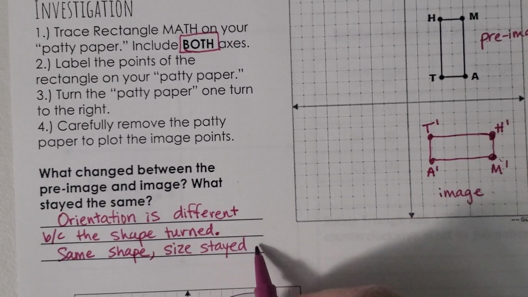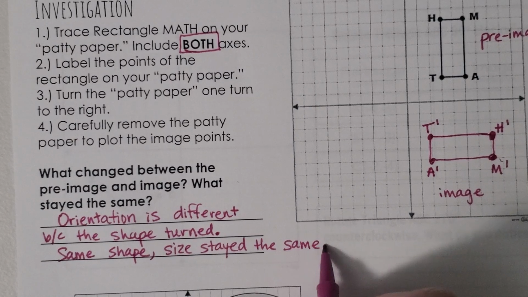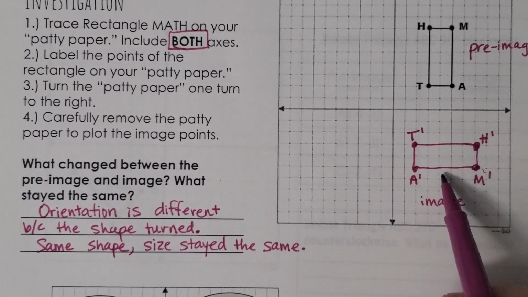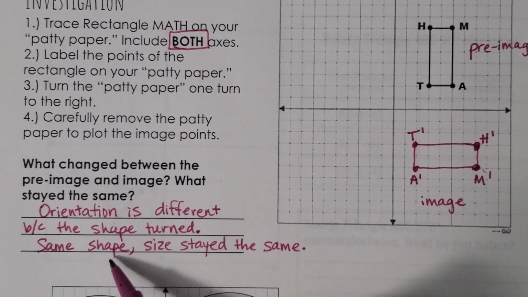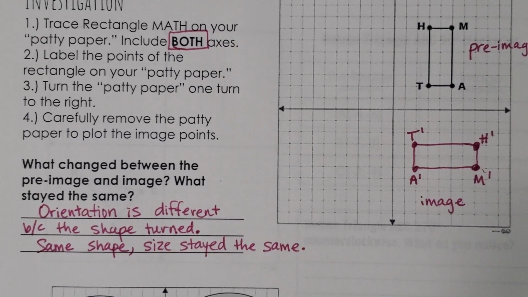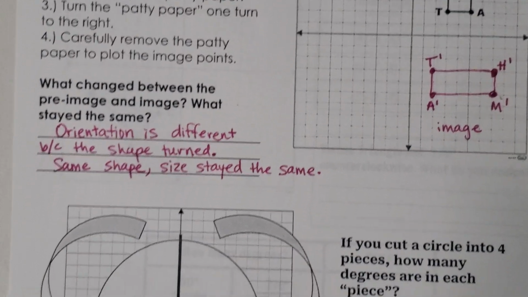It didn't get bigger or smaller. So saying something about how the orientation, if it's turned, is different, but it is the same shape and the same size. So when we talk about rotations, there's going to be several rotations that we're going to practice, and